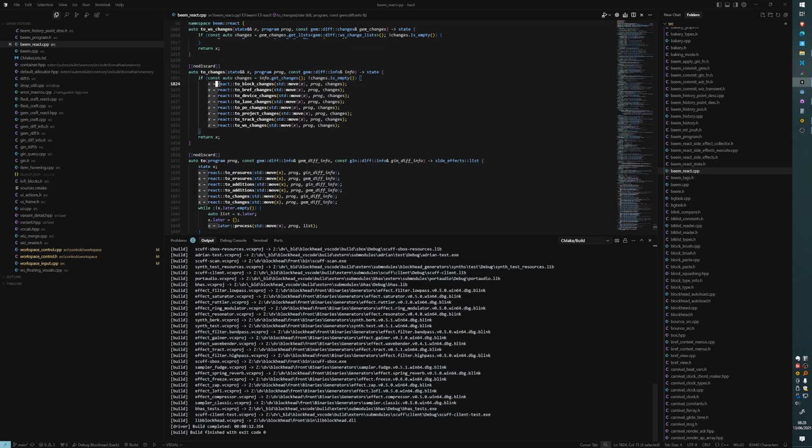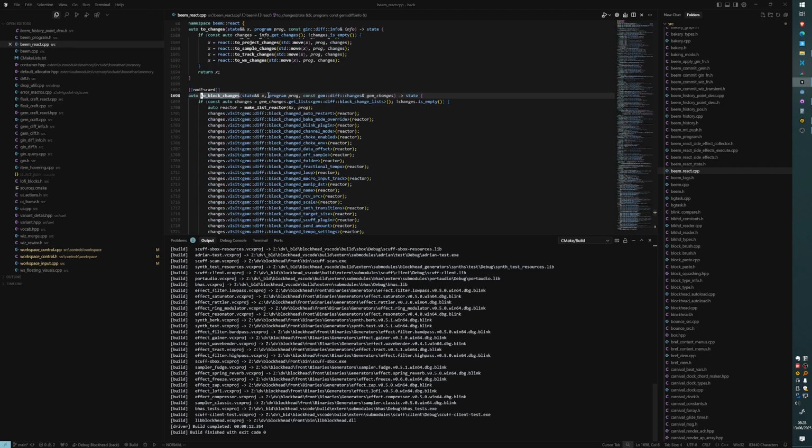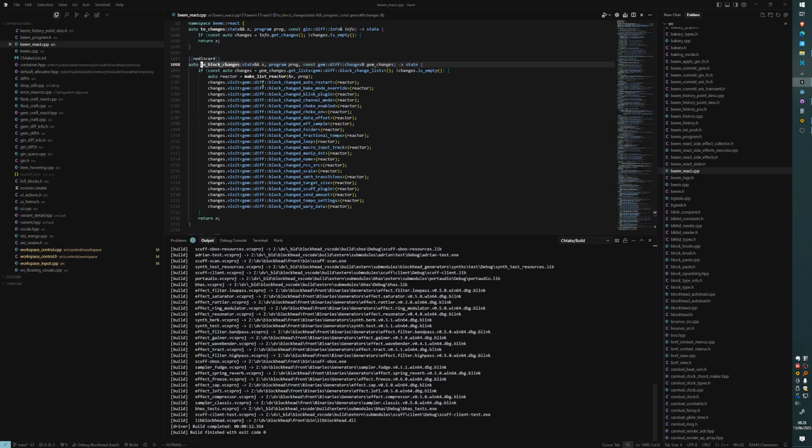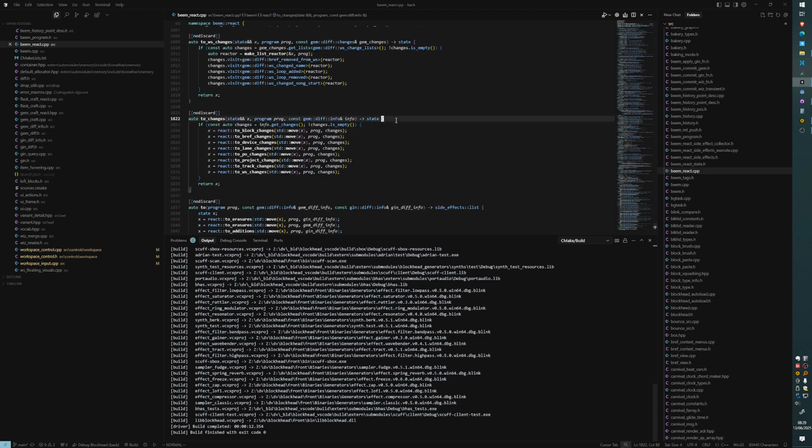And then each of the changes has been split into sections. So I do all of the things related to blocks, all of the things related to block instances, all the things related to devices, lanes. So it's split into sections. And then for each of these sections, again, I say, has anything changed at all? If it hasn't, then just don't do anything. Otherwise, we go through each of the things that could possibly change and then process this vector of things. So that's a decent